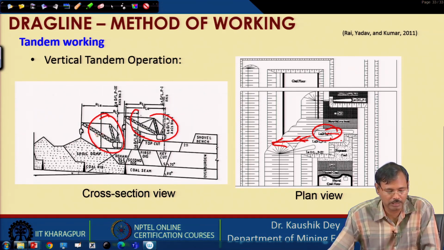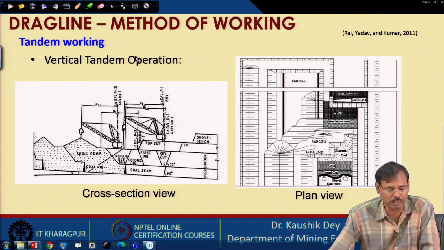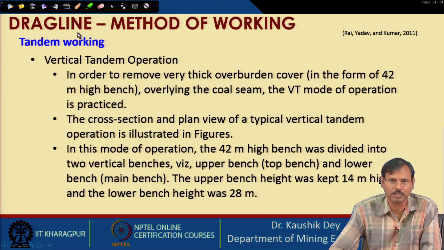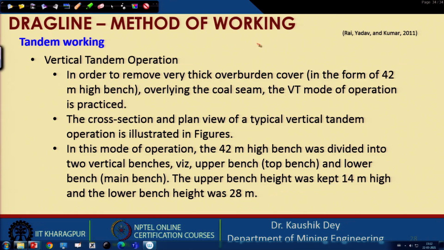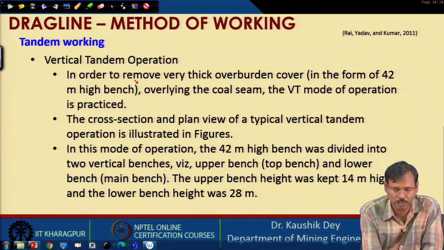So, this is carried out for maintaining the height of these benches, and that also depends on the quantity of material that has to be shifted from this point to this point. So, these are some important aspects. The vertical tandem method is similar to the horizontal tandem method. The same material is basically rehandled by the second drag line, so the overall performance has to consider this additional rehandling.